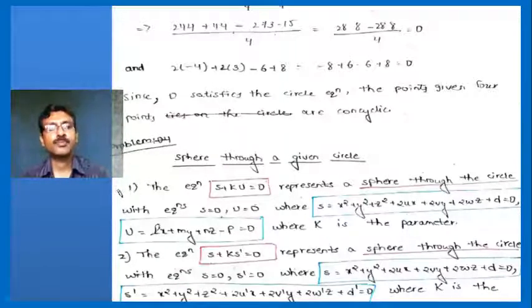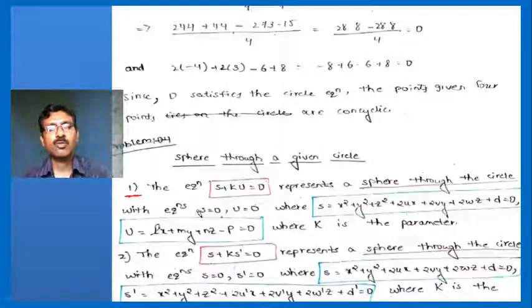First one: the equation S plus kU equal to 0 represents a sphere through the circle generated by these two